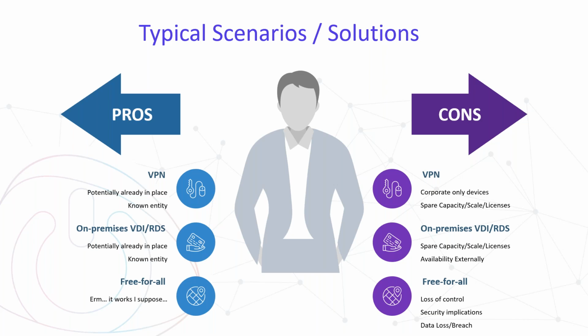So there's that idea that you cannot just say you're fine, go home and work on your iPad. It's not necessarily going to have that connection back in via VPN. That was generally driven by the laptops that you issue to users, which not every single user would have had. Similarly with RDS, that was probably the biggest one that was limited by scale because of the number of session hosts and stuff that you have behind it. Again, licensing, if it is something like Citrix that's needed for it, or RDS CALs,